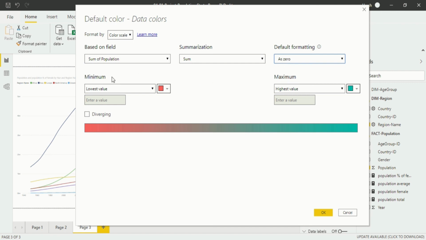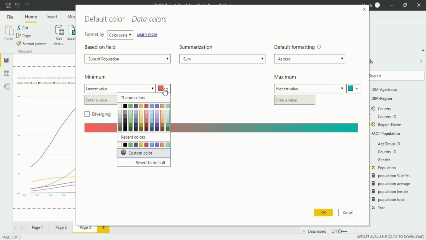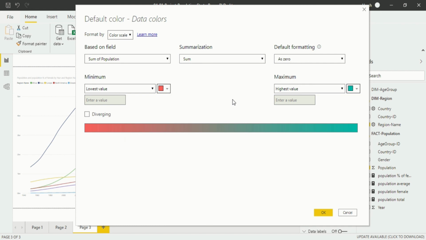Now we will get into the most important point of the visualization. So minimum value will be shown in a red color and maximum value will be shown in a blue color. If you want to change the color, you can click here and choose any one you like. And this is how you will make conditional formatting. Like if you want to change from lowest value to custom and specifically, you can also do that. But for now we are using only high to low value.